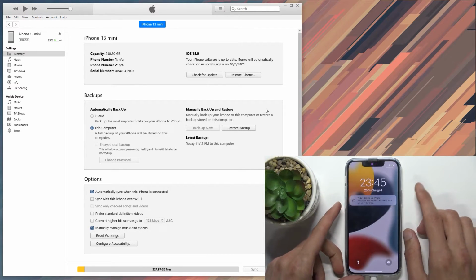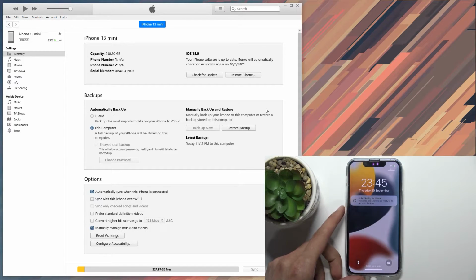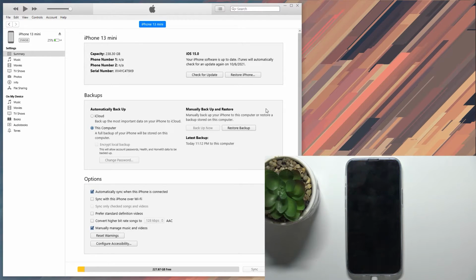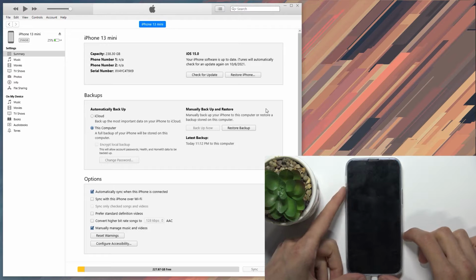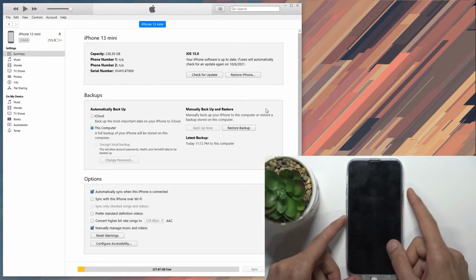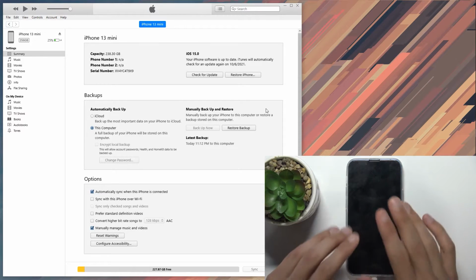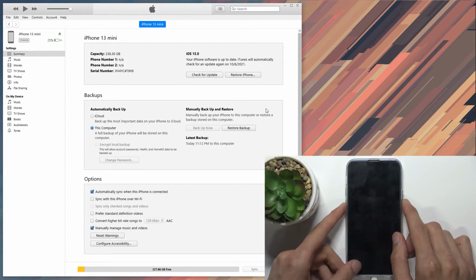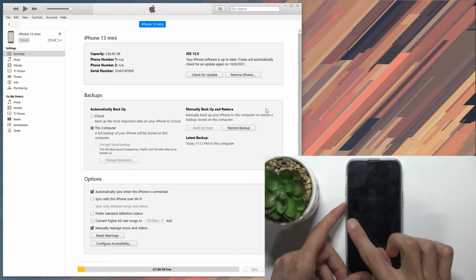into the DFU mode, which it's a little bit complicated how to do it. So I'm going to quickly go into it, how you get it into the DFU mode, and from there you can try to do it yourself. So what you will do is press volume up, volume down, then you will hold the power key, and you will hold the power key as long as the screen is on. Once the screen turns off, you will start holding additionally volume down, and you will hold both of those keys for 5 seconds, at which point you will let go of the power key, but you will keep holding the